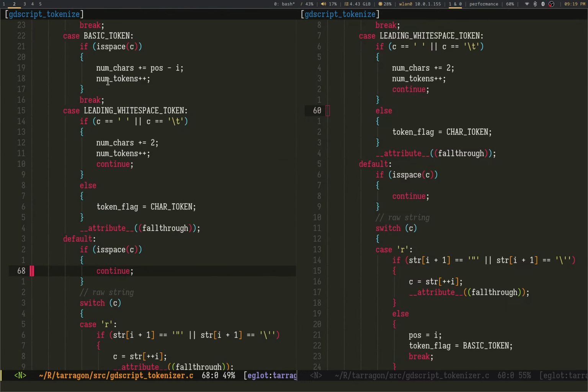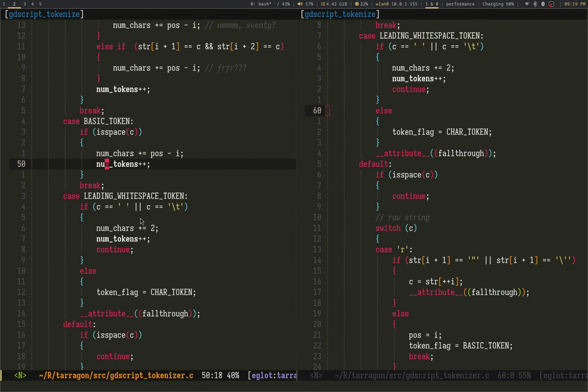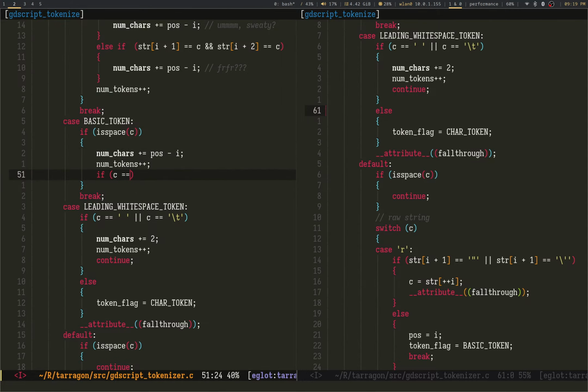So if it is space C, there's some special considerations. Zoom into that. Like if this is equal to this, I'm going to encounter a new line.